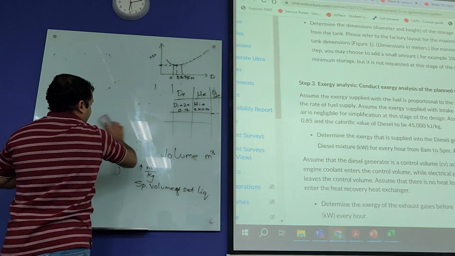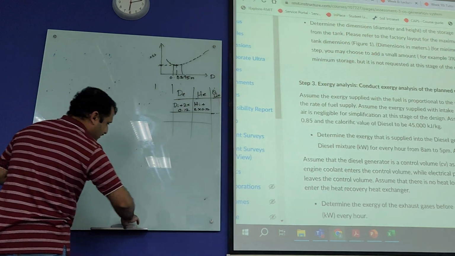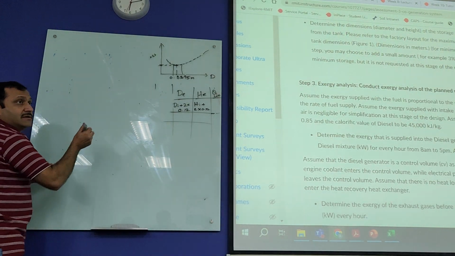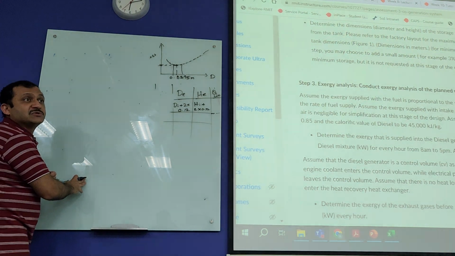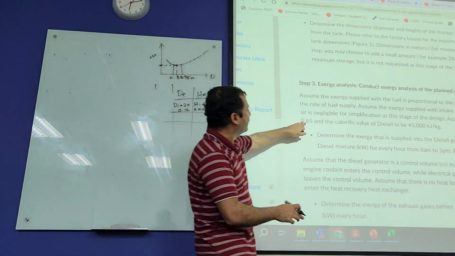Now, that will be as simple as multiplying mass flow rate of the diesel fuel times calorific value, and the calorific value is given up here,